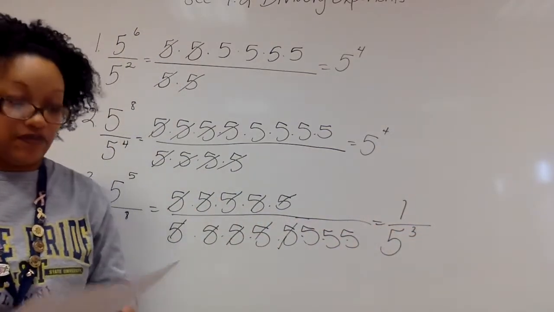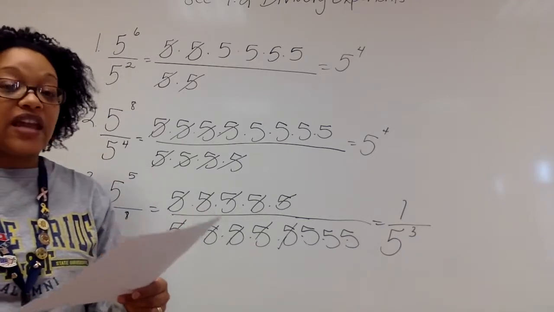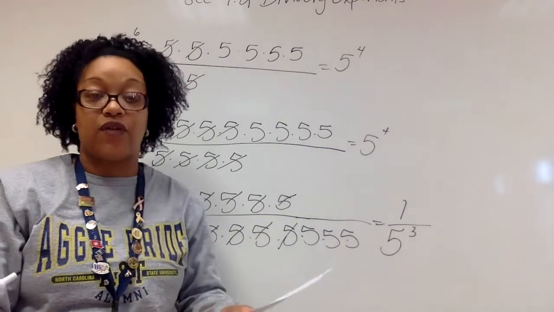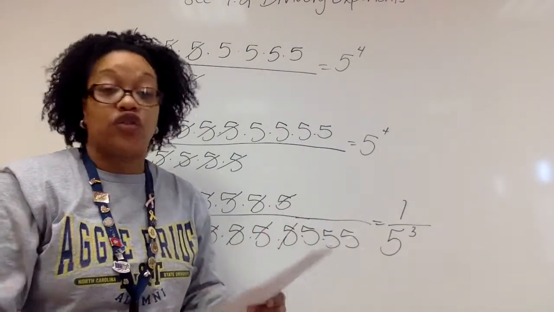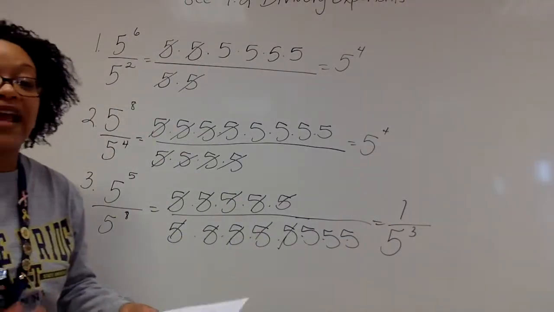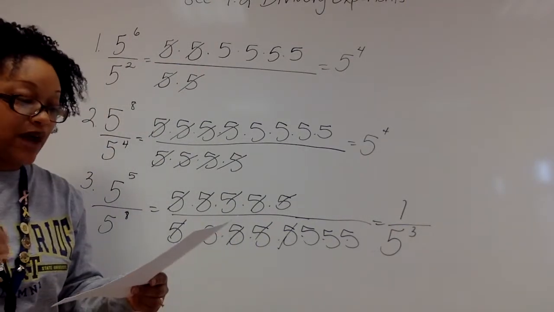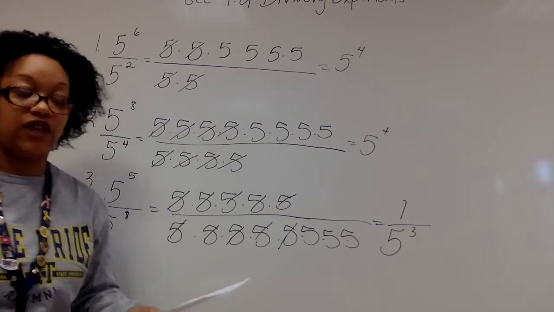So that's the pattern. What I want you to write is, instead of having to expand the fraction for every expression you're given, I'm just filling in the blank here, there's a shortcut. The shortcut is, when dividing exponents with the same base, so it has to be the same on the top and bottom, you subtract the exponents. And in the next video, we're going to fill